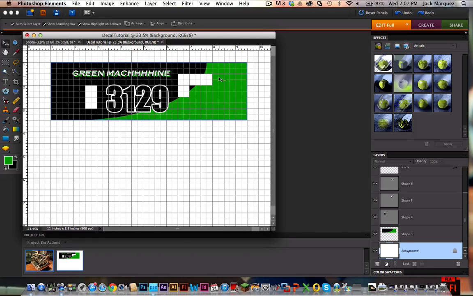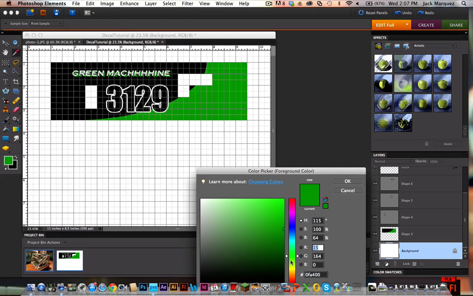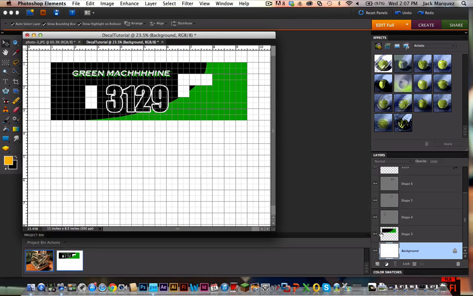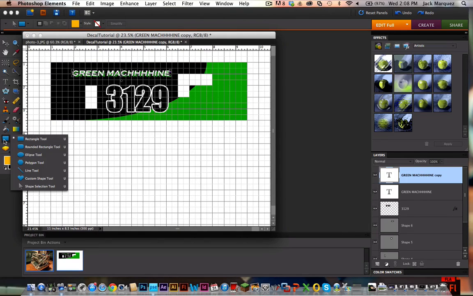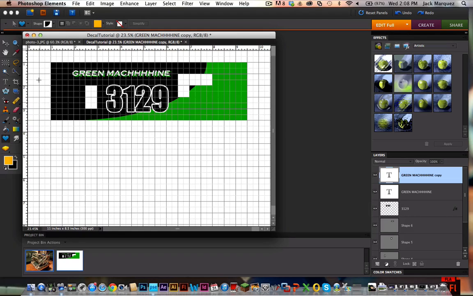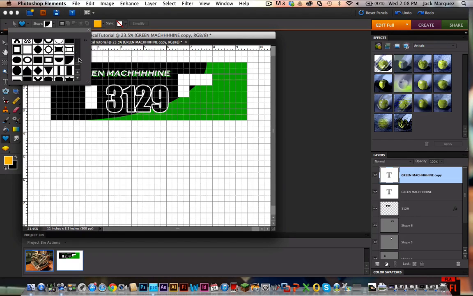I don't have any sponsor logos right now, but if I want to add a little more to this to make it pop a bit more, my favorite thing to do is add caution stripes, because it's a robot and robots are dangerous, and dangerous things need caution stripes. So let's get a yellow, like maybe this one. Select this layer so when we make it, it'll come out on top. I'm going to go back to the custom shape tool, and then towards the bottom of this,